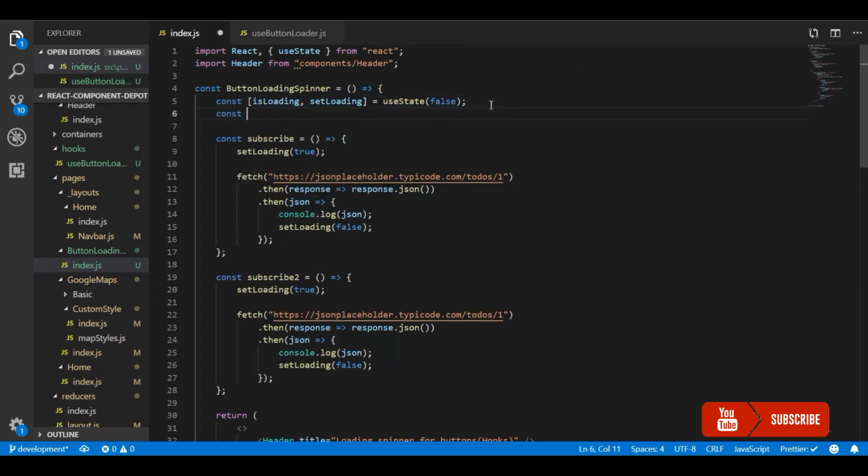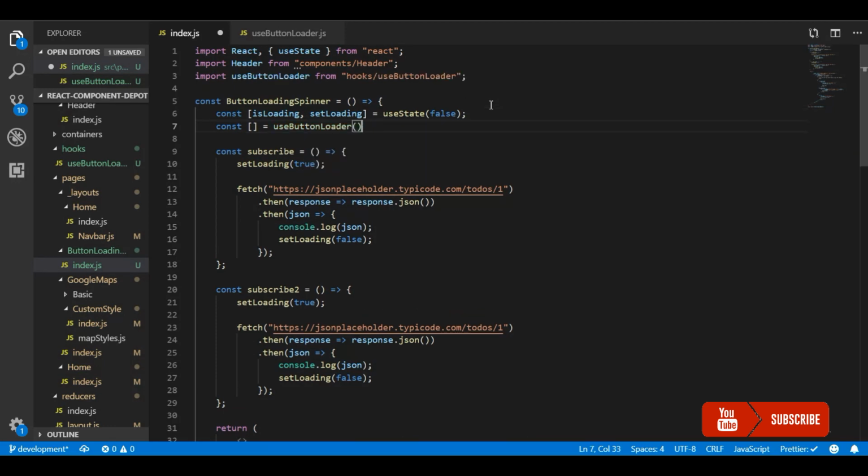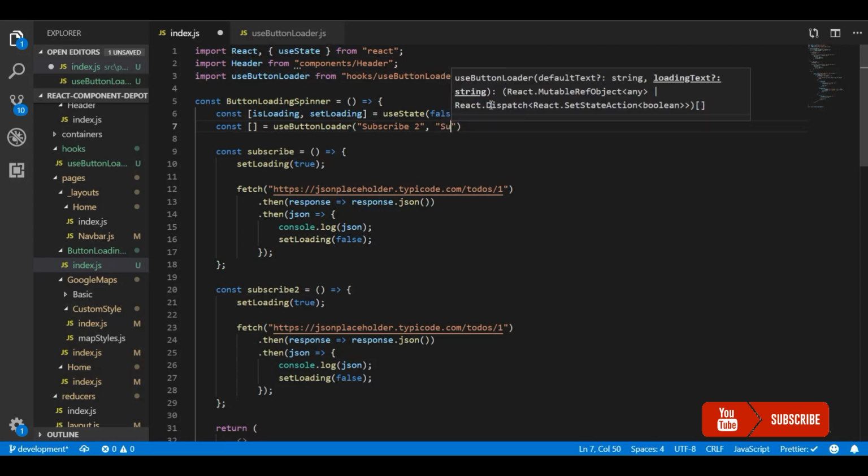Now we just import the hook and use the hook here, and it will return the element and the function to update the loading state inside the hook. So by default, let's give it "Subscribe to", and the loading text could be "Subscribing". It can be anything.